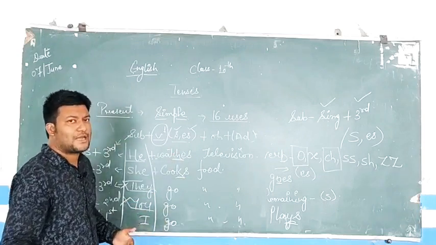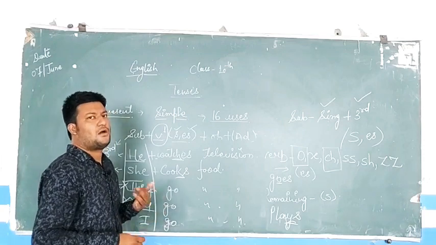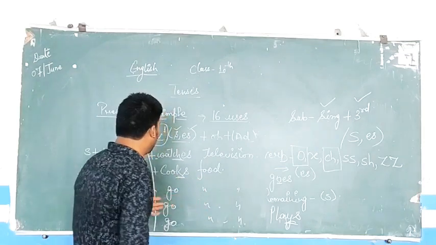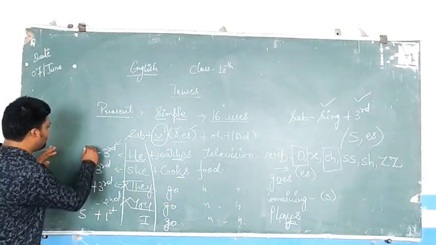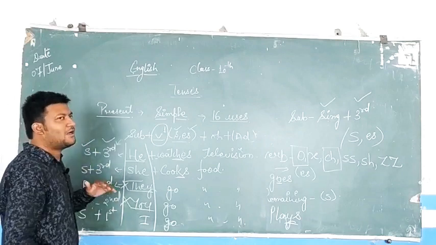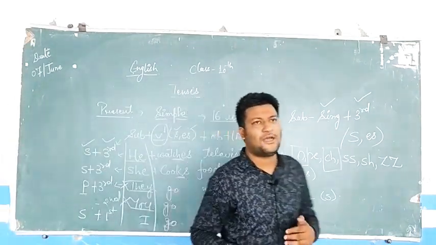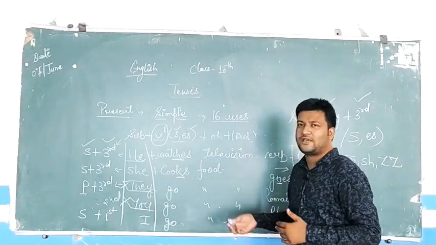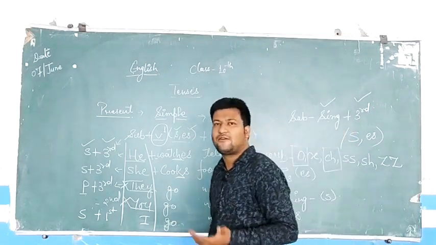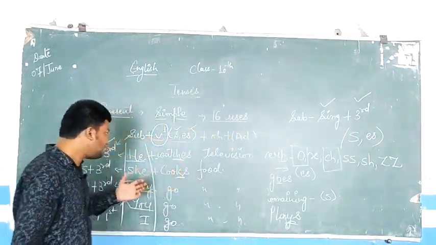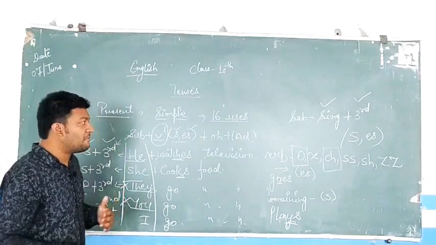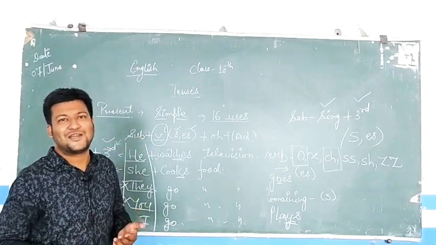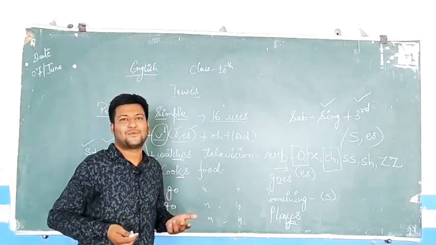I hope that this concept is very clear. Again, for your help, I am repeating it. There is a very simple formula. First thing is subject must be singular third person. Why am I telling you again and again, why am I emphasizing to understand it with a few examples? Because in English grammar when we study this we feel it is very easy, but this is the most common mistake made by students while writing or speaking English.